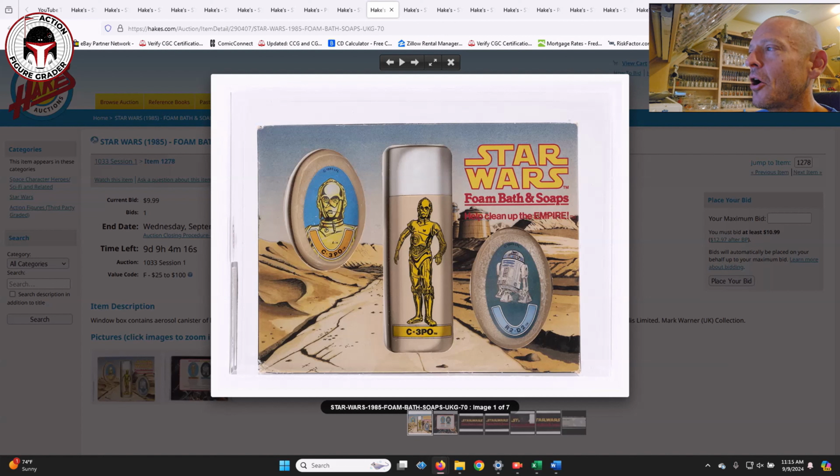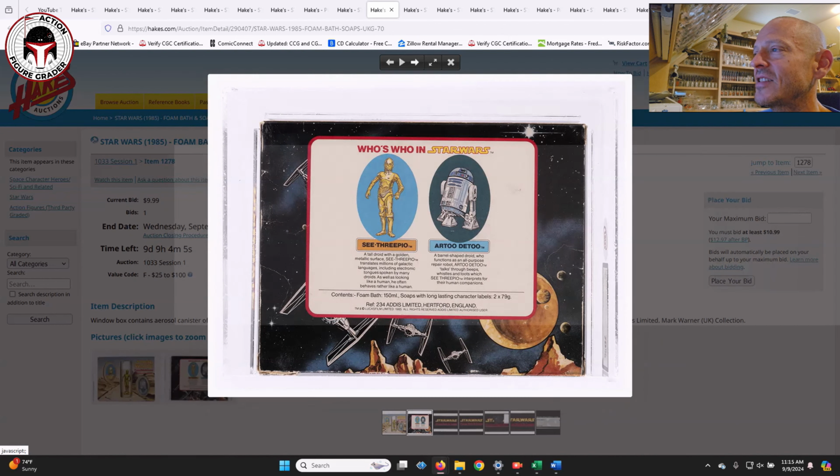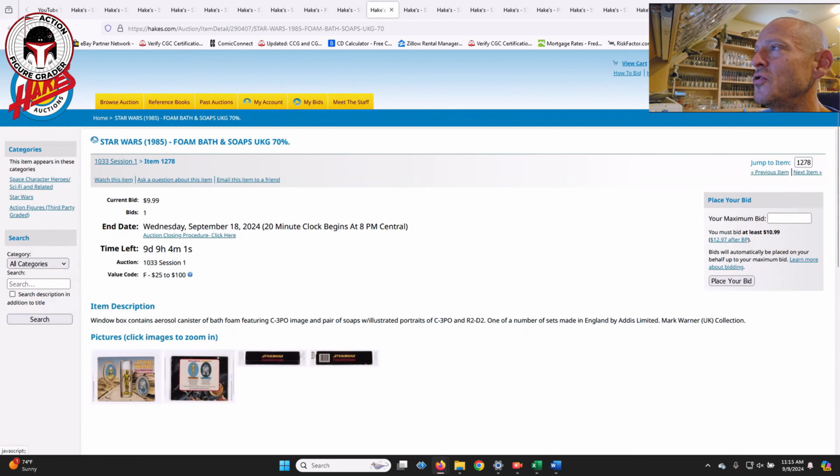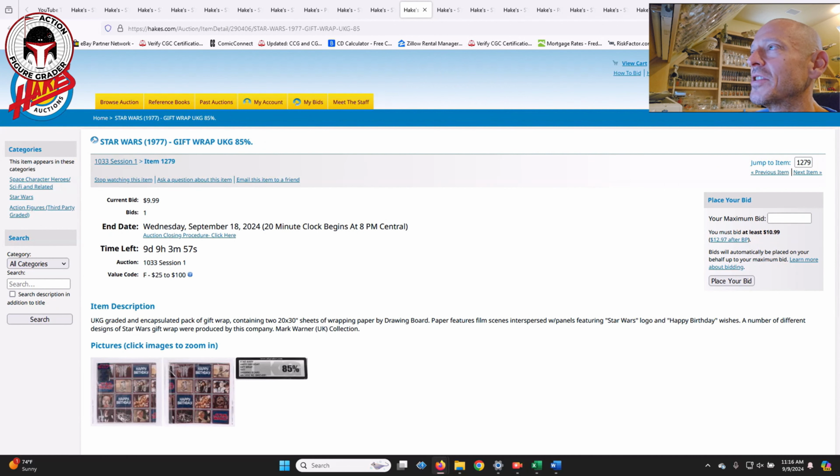This is a Star Wars foam bath and soaps kind of box set. It's got R2-D2 and C-3PO on the soap. I've never seen something like this ever get graded before, but there it is. It's graded UKG 70%. So if you're into the oddball items, there's that one as well as